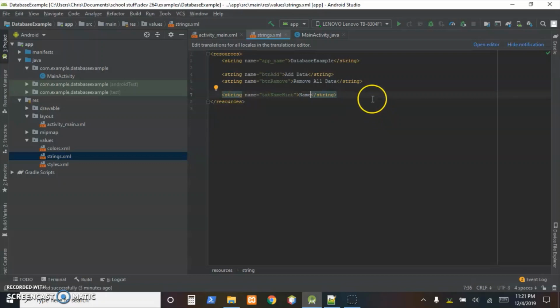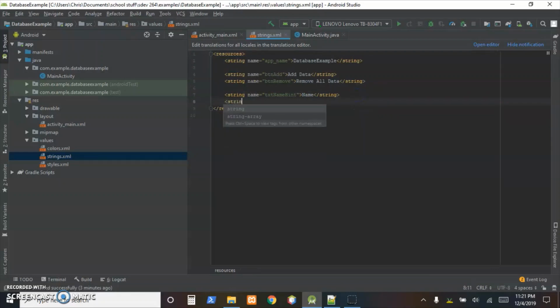I'll just say name, string name equals txt age hint, say age, and then a string resource for text town hint. And then that one that I like to put in there, just a string resource for an empty,